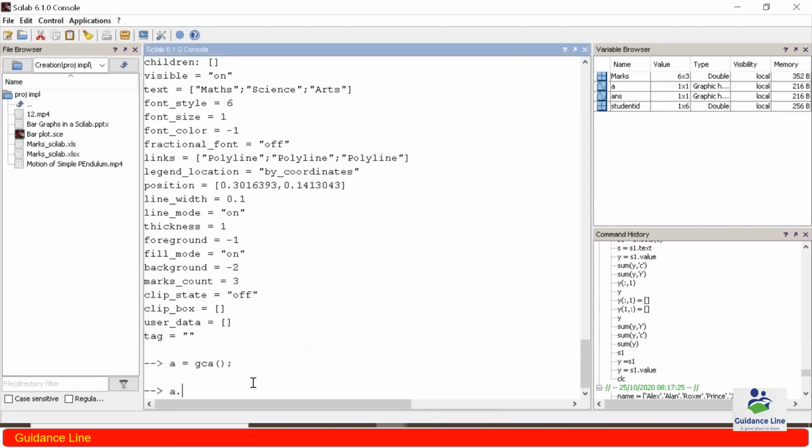So I am writing a.x_text.labels, and in labels I am simply providing the names of students as Alex, Alan, Roxer, Prince, Joe, and Ron.